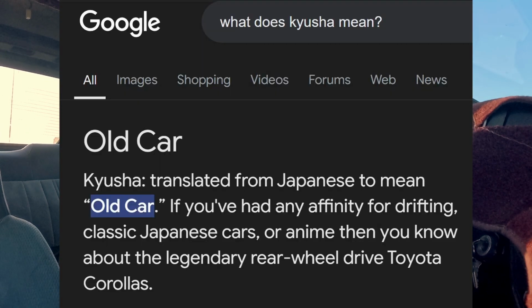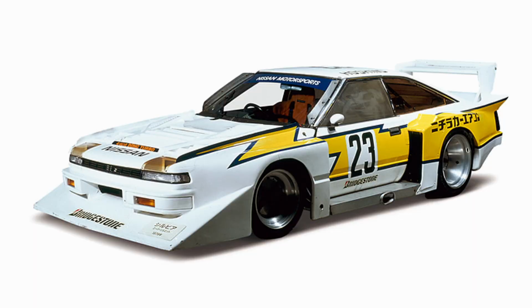Traditionally, Kyusha includes several different types of car styles. You've got Shakotan style, which is the lowered car. Then you've got Kaido Racer, which mimics the old silhouette race cars of the 70s and 80s. But probably what most people are more familiar with from this era of cars is